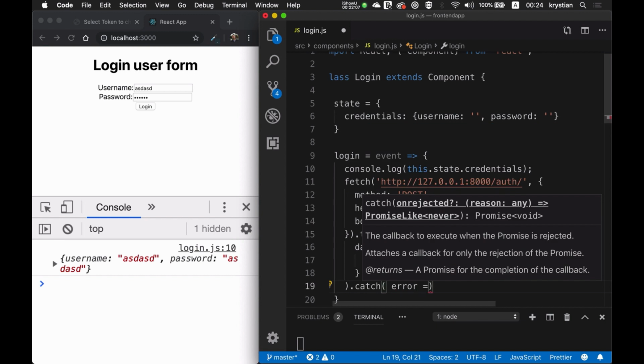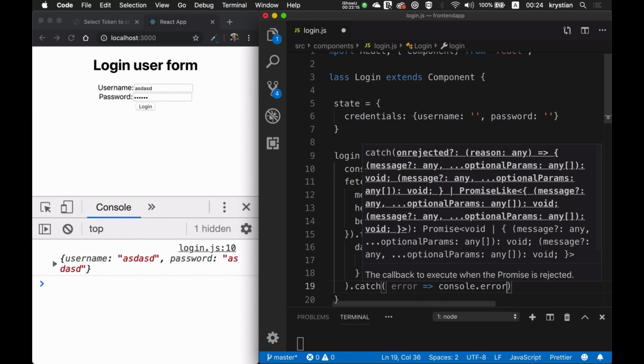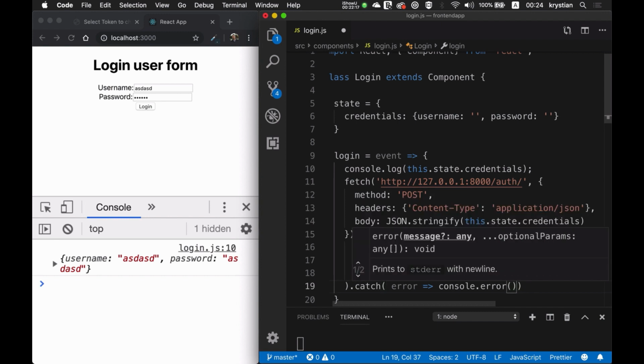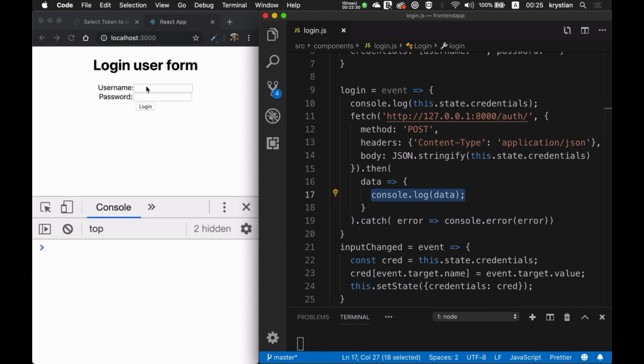In case of error, I can do console log error, or console error. I can pass that error like that. So basically what I'm doing is, if I have the data, I will capture that and log it here. So at the moment what we have here is I will have Christian,